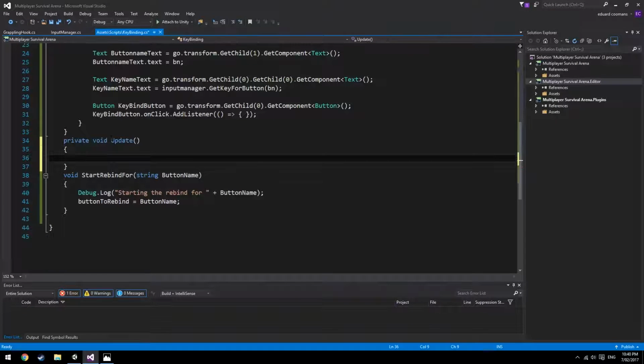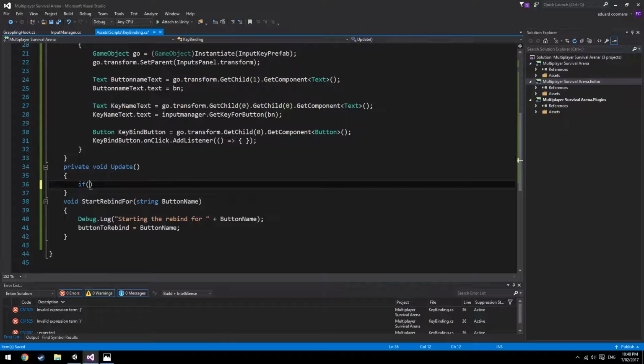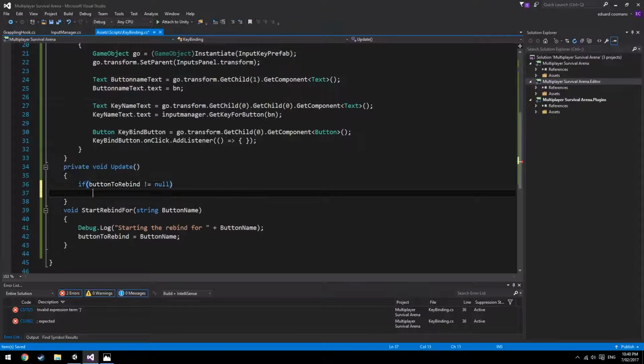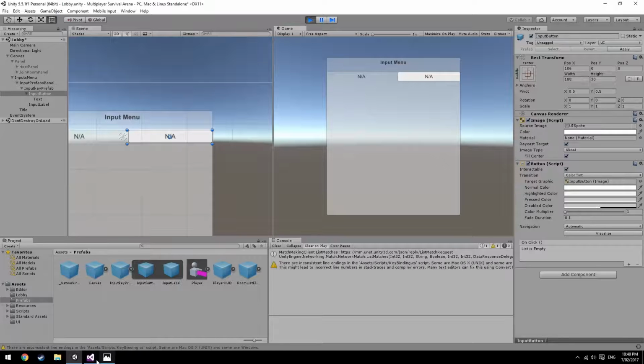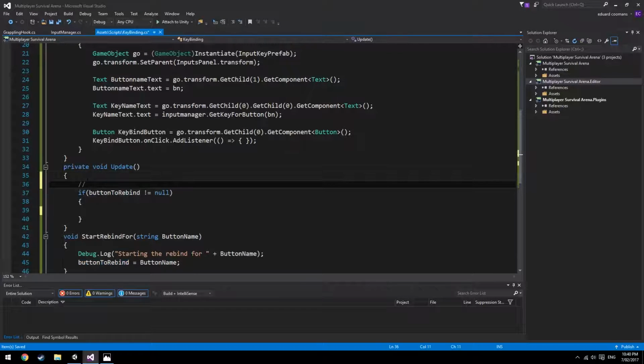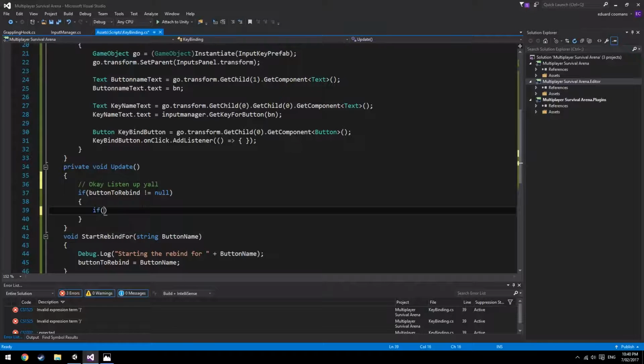So in the update function, we're going to say if the buttonToRebind is not null, because it starts off null. So if it's not null, we want to check, okay, listen up, check if we're pressing down a key. To do that, we say Input.anyKey. Actually, let's make it anyKeyDown, so it doesn't call it more than once. Say if any key is down,